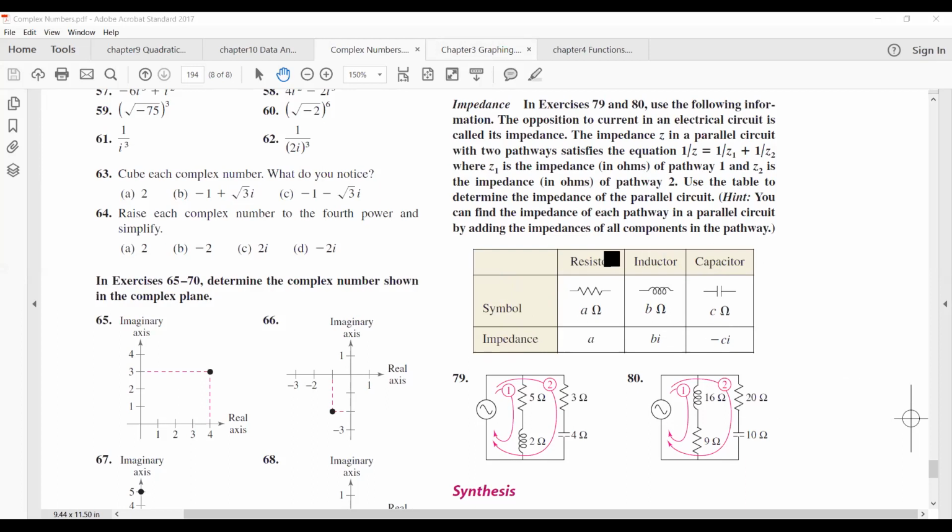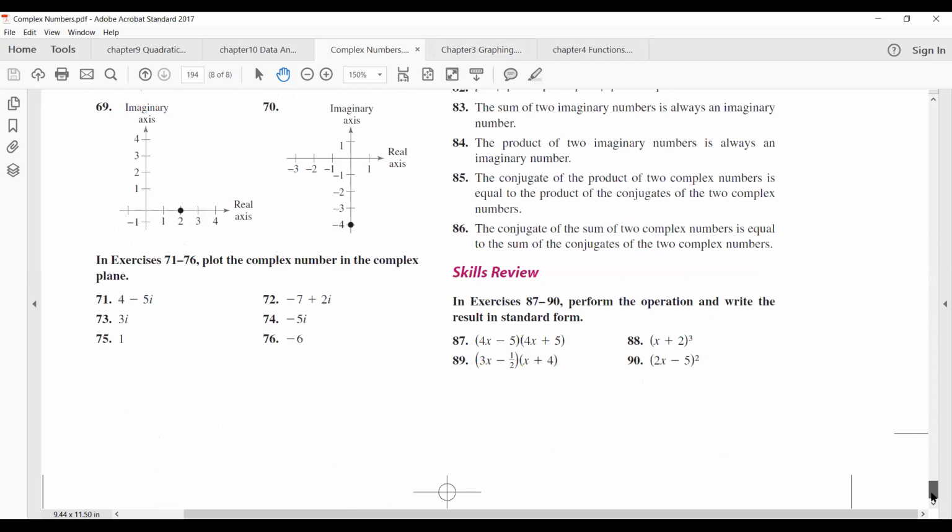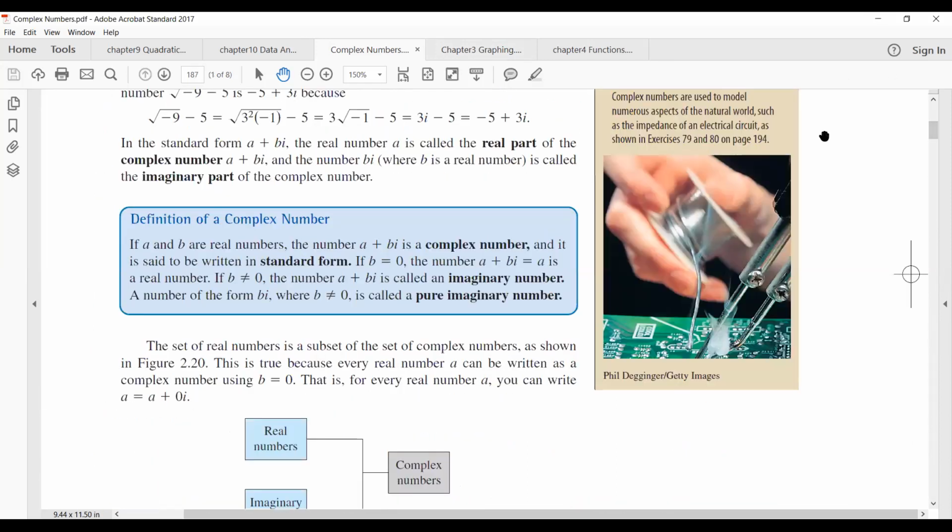So complex numbers, we stop here. You just do your homework and we will check homework a little bit more next week. Because a complex number basically is very similar to the polynomial part. Yeah, here they talked about